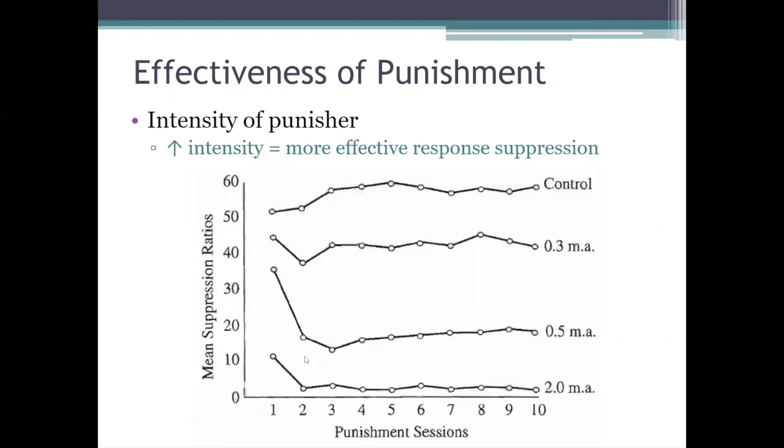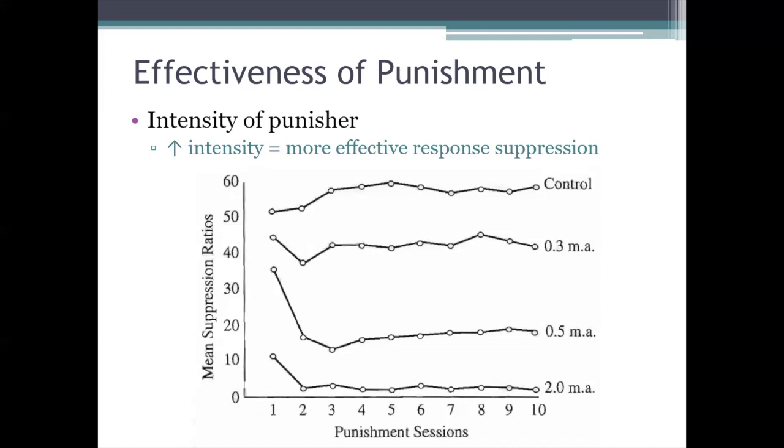So, for example, this graph, which I took out of your book, is from an experiment where rats were first trained to press a lever for food. And then, once they'd acquired that behavior, lever pressing was punished by shocks of different intensities. So they used three different shock intensities in this study, and the control group just went through an extinction phase. And guys, what we're looking at here in the graph is something called suppression ratio. Okay, that's the dependent variable on which these groups are being compared. We're looking at the suppression ratio that each group of rats exhibited.